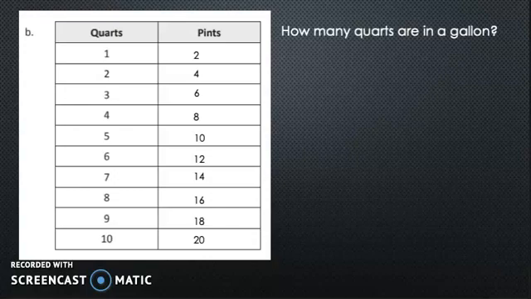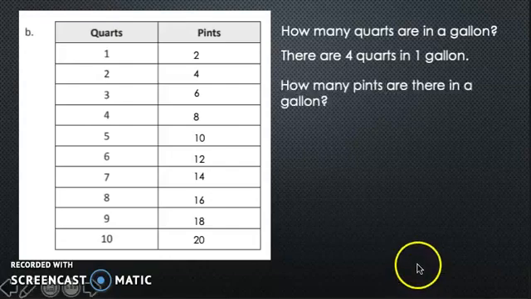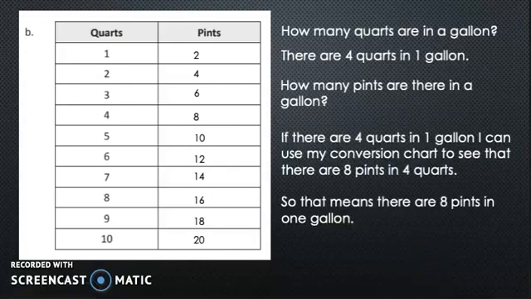Now I want to stretch your thinking a little bit. We just learned how many quarts are in a gallon. How many? Yeah, there were 4 quarts in 1 gallon. So how many pints are there in 1 gallon? Yeah. There are 4 quarts in 1 gallon that I can use in my conversion chart